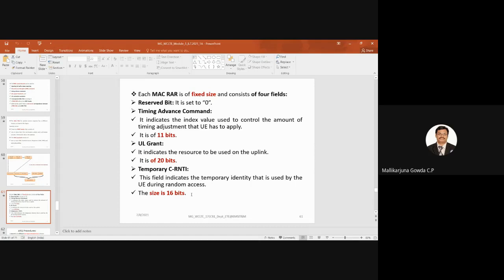So this is what the MAC RAR contains. 4 fields, I said, no? What are those 4 fields? One is the reserved bit, which is set to 0. Second is the timing advance command, which is of 11 bits. Then the UL grant, which is of 20 bits. Then the temporary C-RNTI, which is of 16 bits.